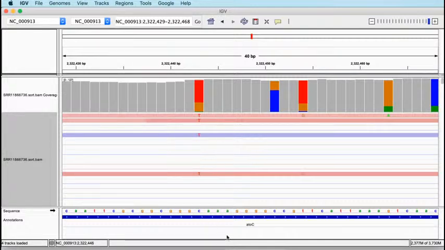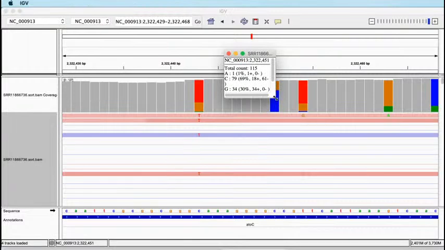So here, for example, in this particular position, the reference genome is a C. We can see that from the gene track down here, which tells you the sequence. So the reference genome is a C, but at this position only